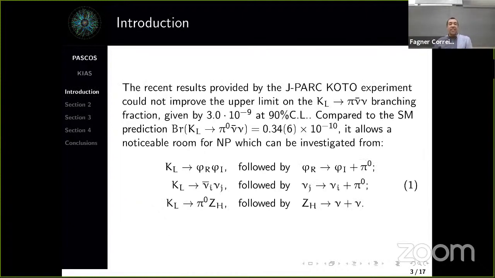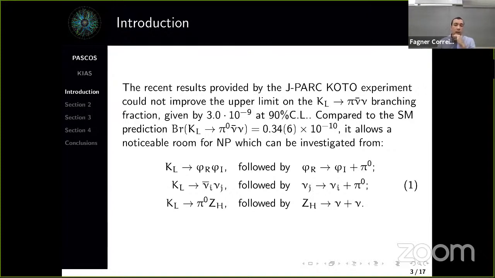Okay, so the recent results provided by the Koto experiment did not improve the most stringent limit in the K-long to pi and missing mass channel. And this limit is such that a considerable room for new physics is still allowed if compared to the standard model prediction. So the idea of this work is to study this room